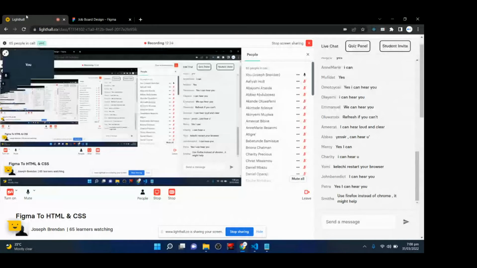So learning HTML and CSS as a UI UX designer, like I always say, is just for you to understand the structures of how things work. Because if you know how to design websites, it's a more advantage to you if you know how websites are structured and how websites are built. So